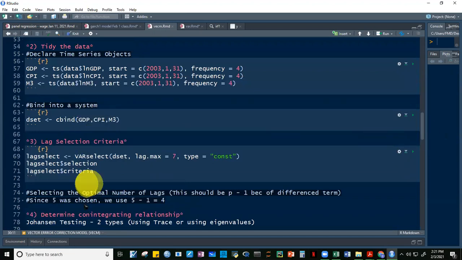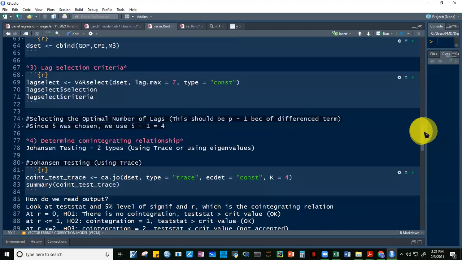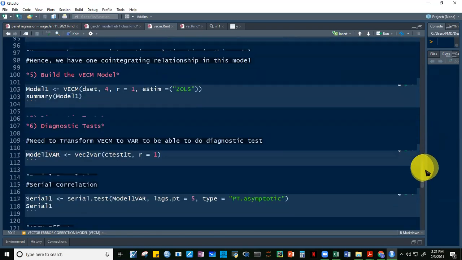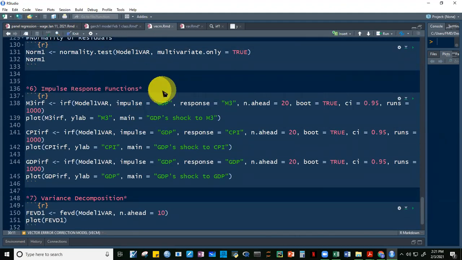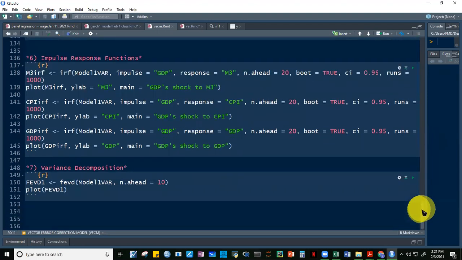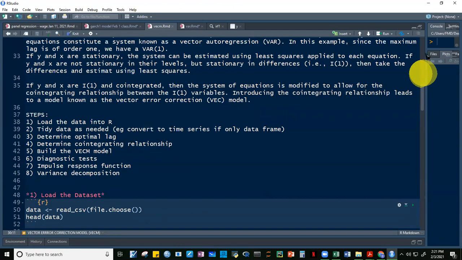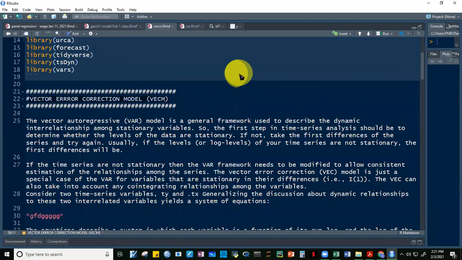Ang suggestion ko guys, follow this. Makukuha nyo to, no? Kasi may mga explanation naman eh. There are explanations. Tapos kung masundan nyo to guys, may IRF din. Okay? May IRF din dito. Then we take a look at tatlong IRFs to kasi tatlong variables to, no? And then may variance decomposition din. Okay, so this is just a specialized VAR. Kaya nga sabi ko kahit hindi natin ma-discuss yan, kakayanin yan kasi in-specialize lang yung VAR na yan. Okay? So